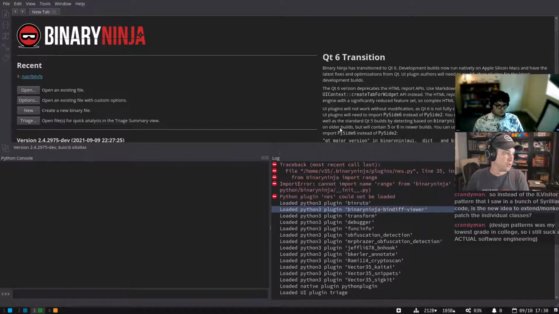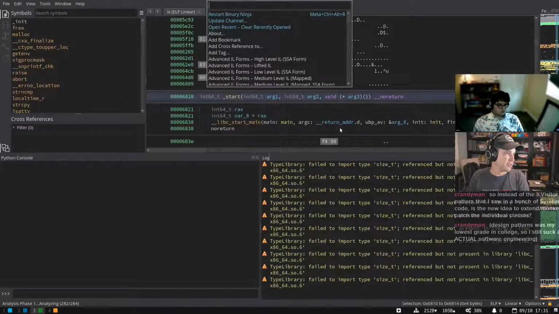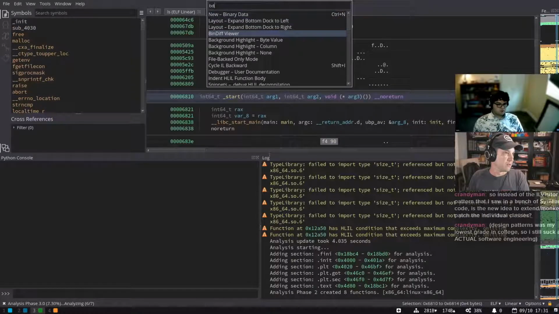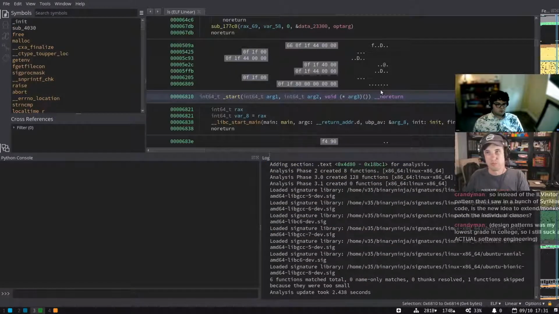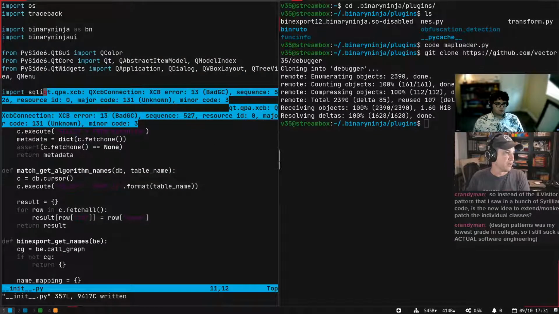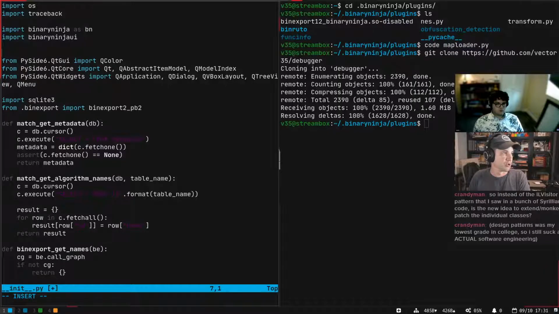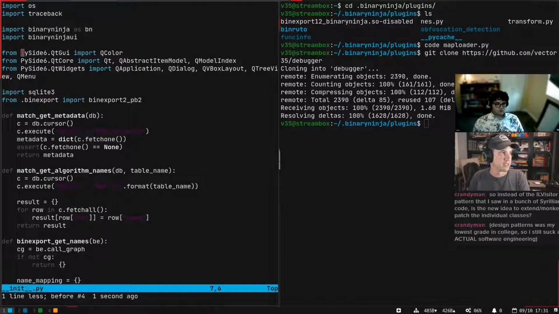So let's open BinLS and let's open the PD viewer. Yeah, so it's there. So very cool. That one didn't require any actual changes for the 3.0. That was ironically just the Qt6 stuff. And there's a little bit better pattern you could do here: just do a try and then import it as either PySide 6 or 2.